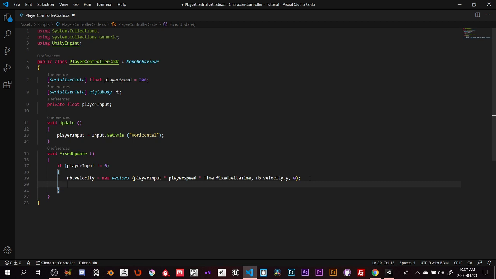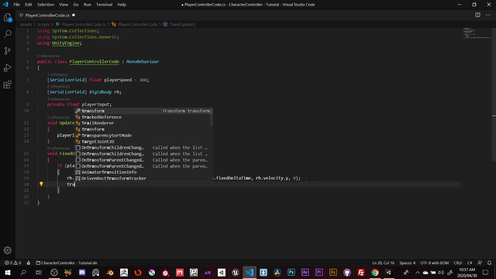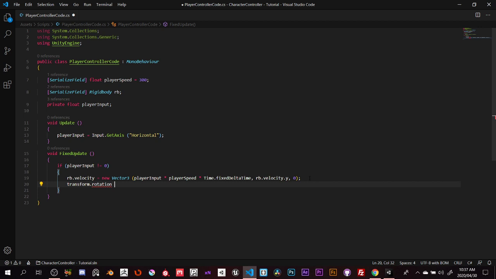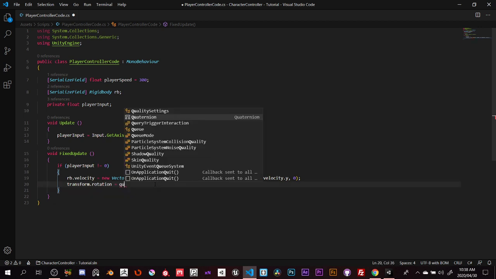We want to set the rotation, remember, so we went transform.rotation is equal. And what was it equal to? We remember we created a new Vector3, and all we did was plug something into the actual, sorry, I'm jumping ahead of myself. Let me delete this. We have to type in Quaternion